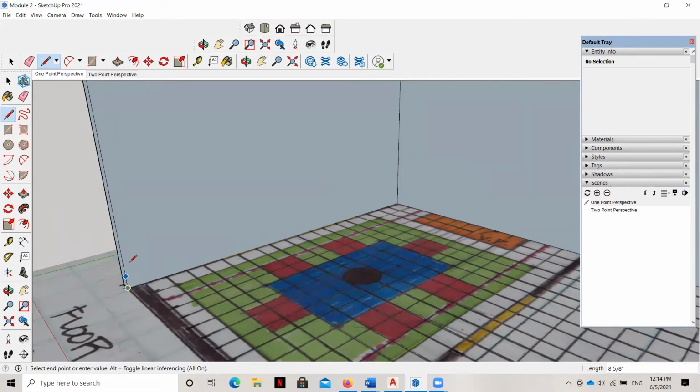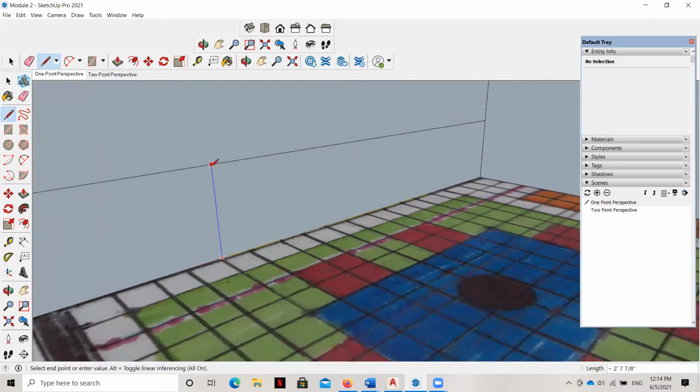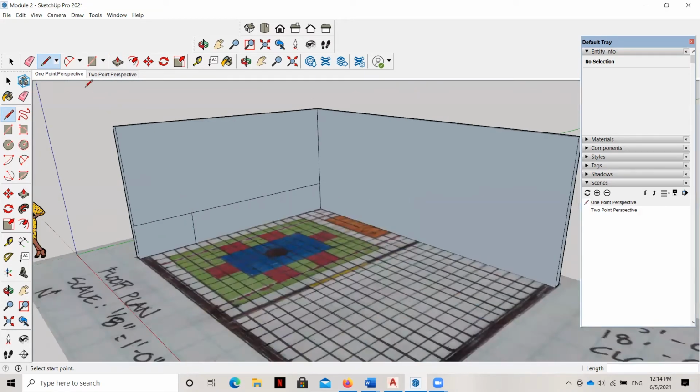So let me go ahead and draw that again. I'm not sure that it's stuck. Let's see, 48. Okay, and now that I've got that, I'm going to carry it over again. I'm staying on that green axis so that I know that it's running perfectly horizontally on that face. So I'm going to click there. And then the next thing I'm going to do is click right here at that 4 feet in on our floor plan, because remember, that's where our window starts. So I'm going to draw my line up. Again, I'm staying on the blue axis here, and I'm going to click there. And that's where my window is going to start.